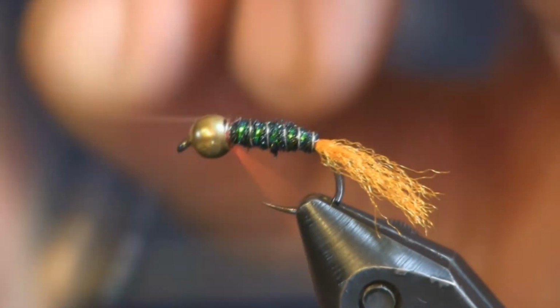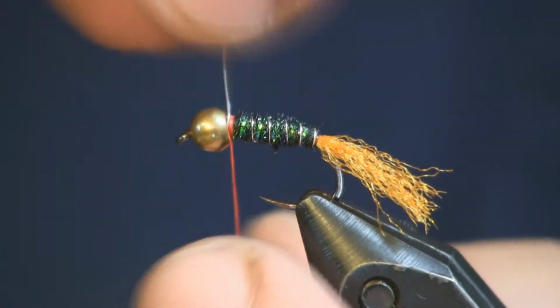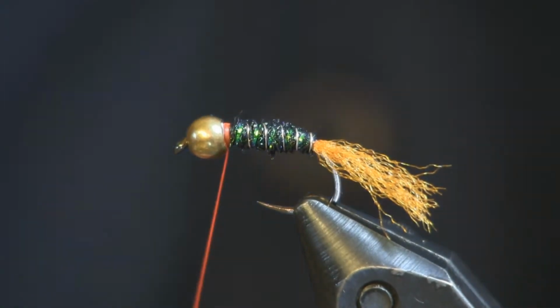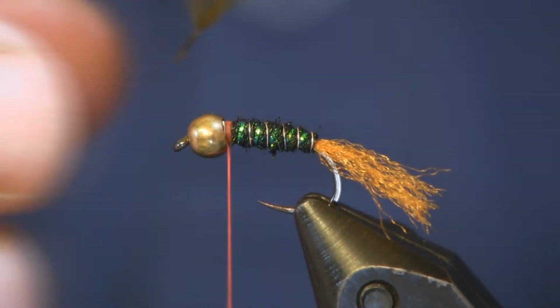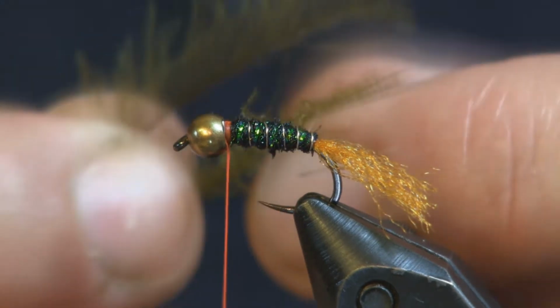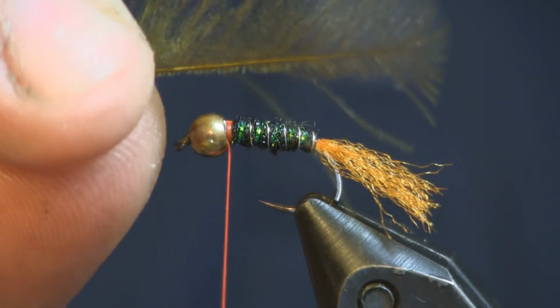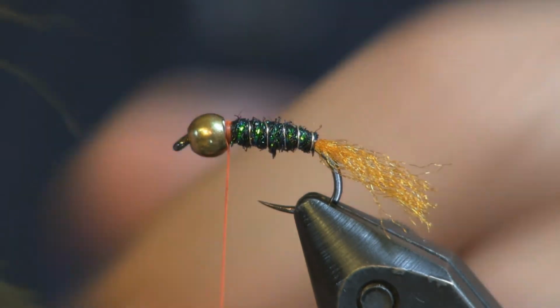Now comes the most difficult part of the fly. Not the helicoptering this off, but there we go. The most difficult part about this fly is putting the collar on, if you're going to do it the way I'm doing it here. I have 2 CDC feathers here in my hand, okay? And the stems, you can see this one, I already used half of it. What I'm going to do is I'm going to stack these 2 on top of each other,